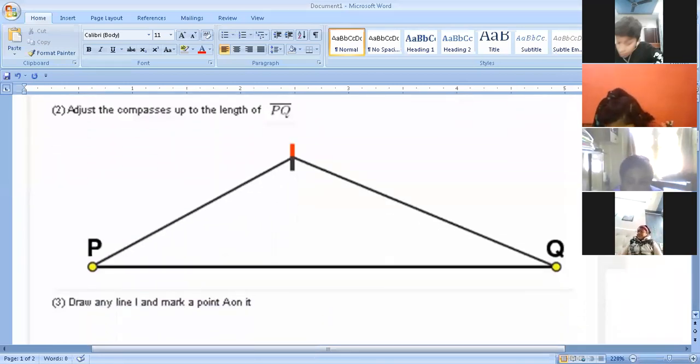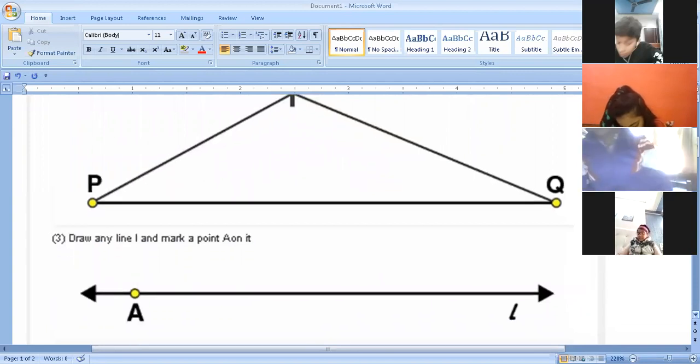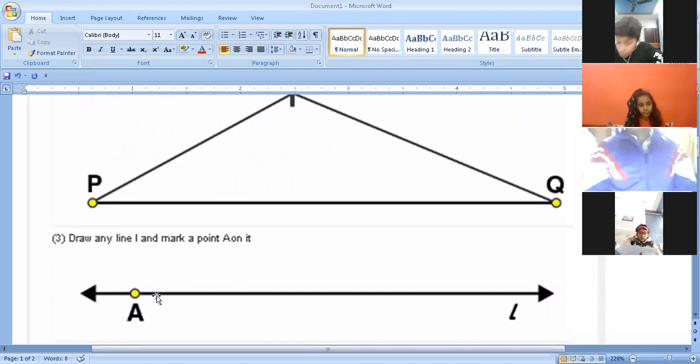Now draw another line L without any measurement and mark a point A on it. Done, children?